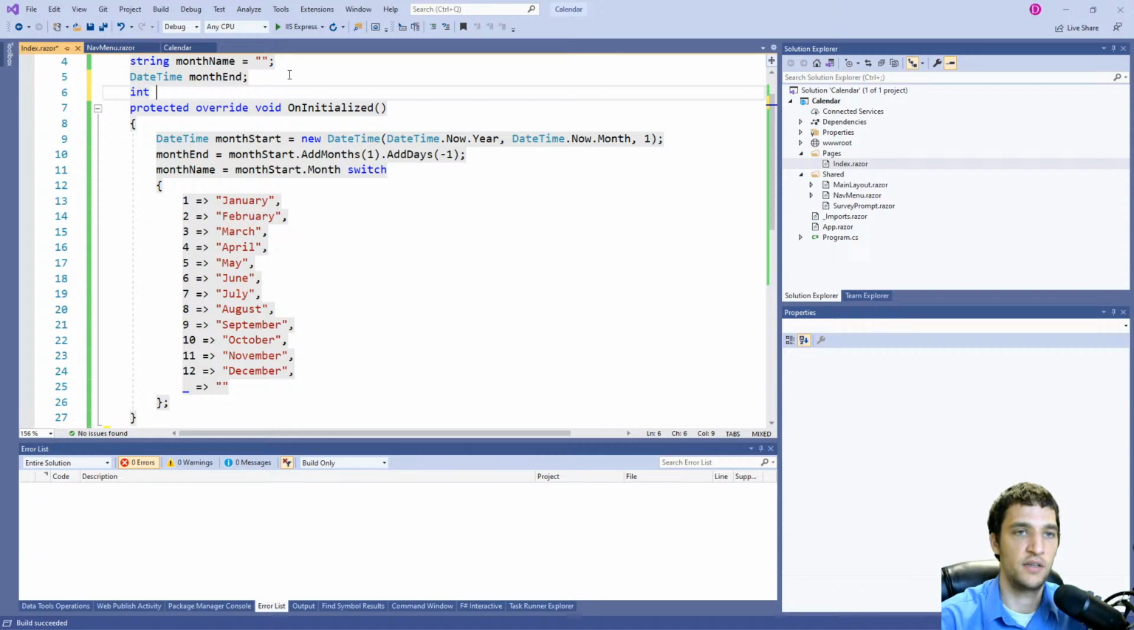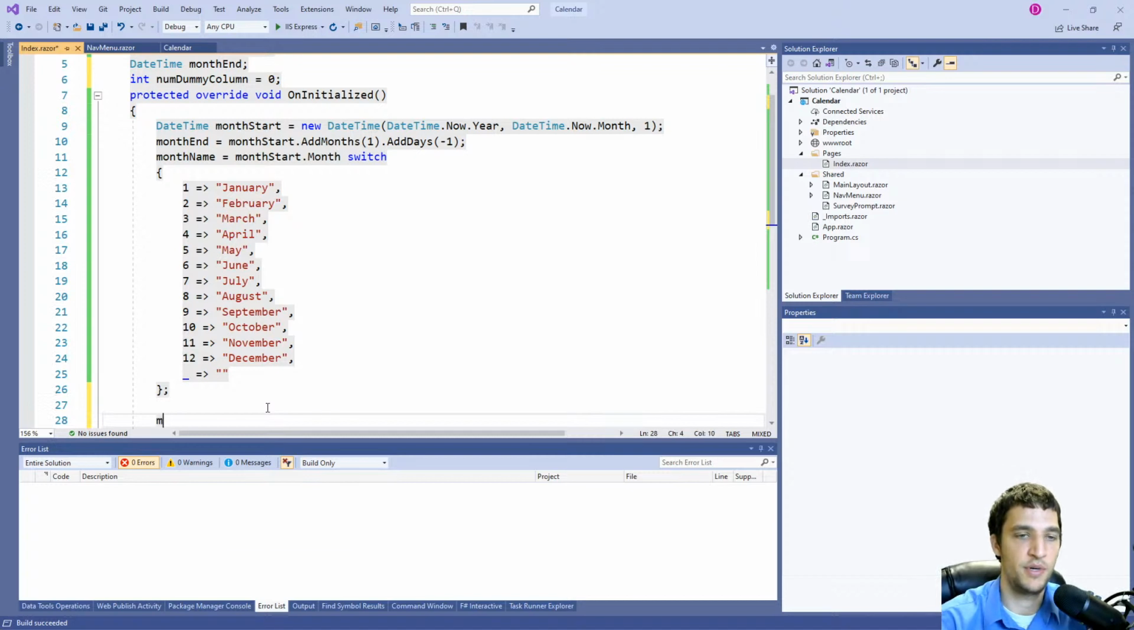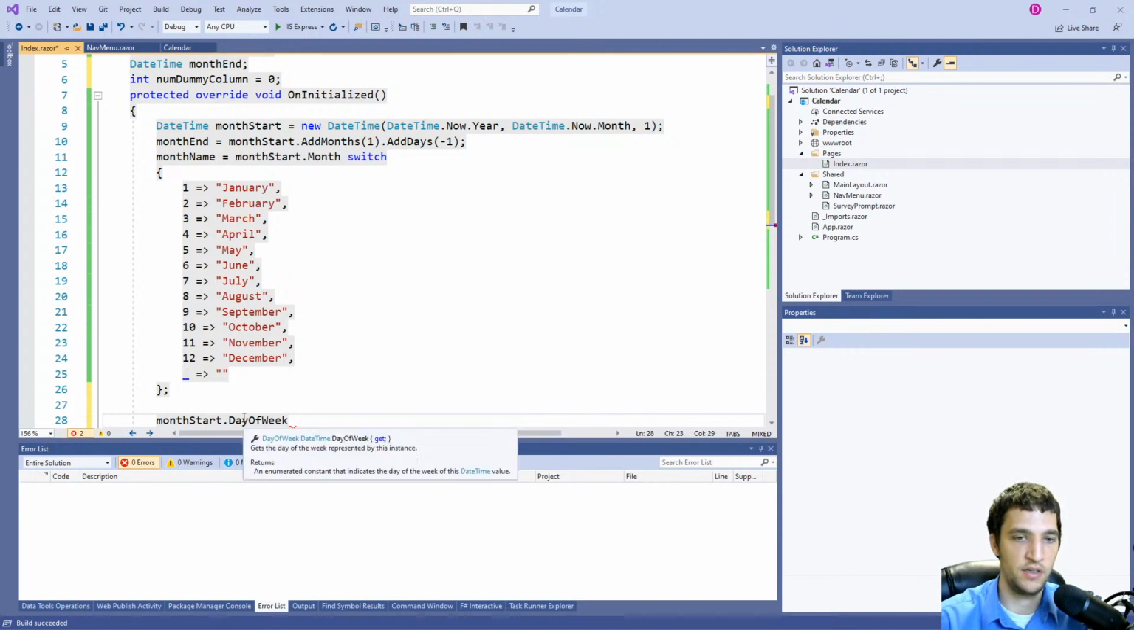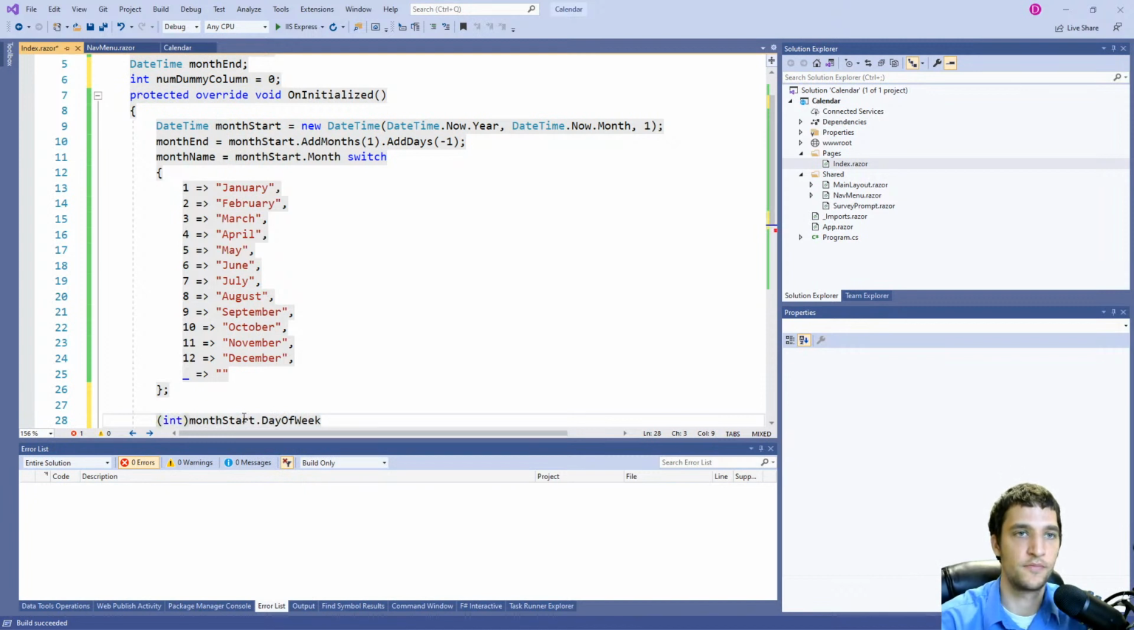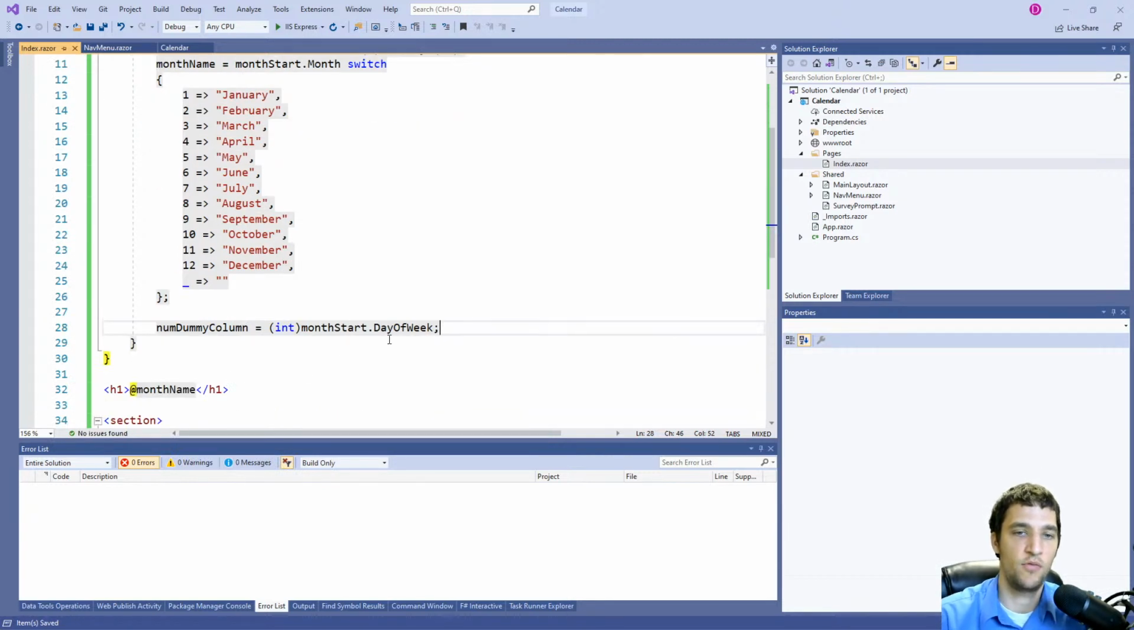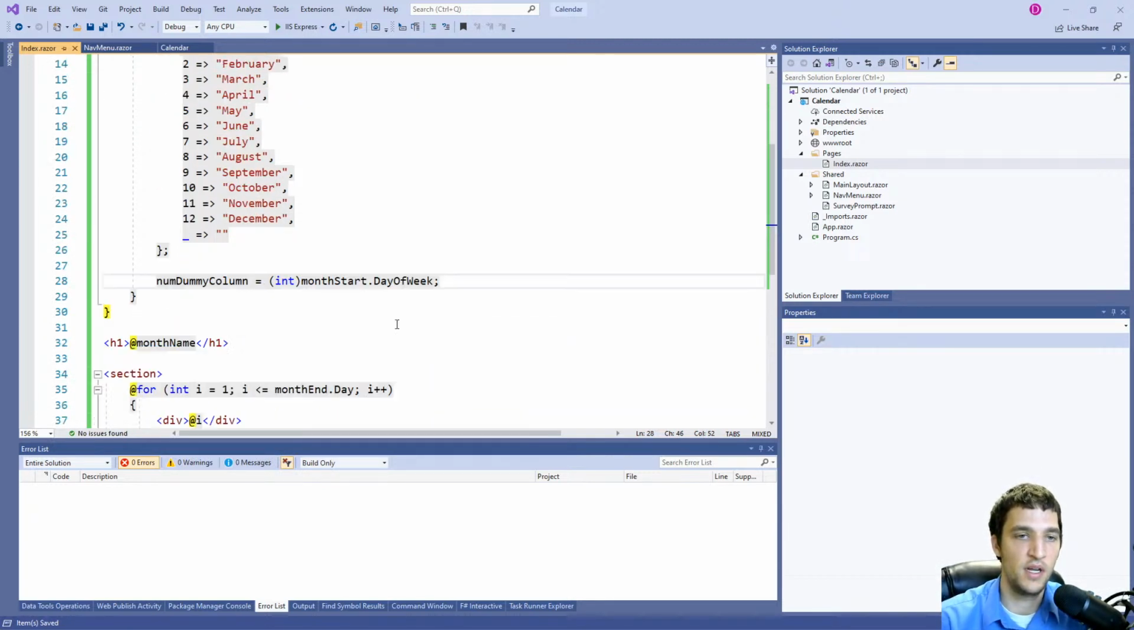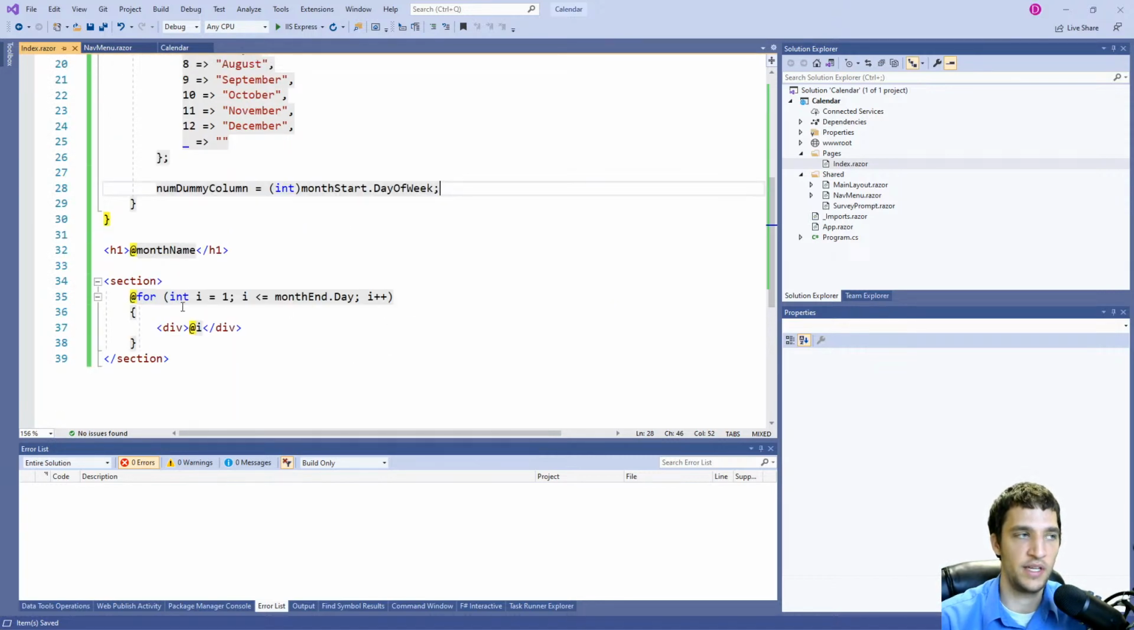Int num dummy columns, I guess. Num dummy columns. I don't know. Set that equal to 0. And inside this on initialize, I'm going to say month start dot day of week, and that's going to give a DayOfWeek type, and I think I can convert that to an integer. Let's try it. So we'll set num dummy columns equal to that. So if we're on a Tuesday, this should hopefully give us 2, which will give us 2 dummy columns, and we'll go ahead and start putting in